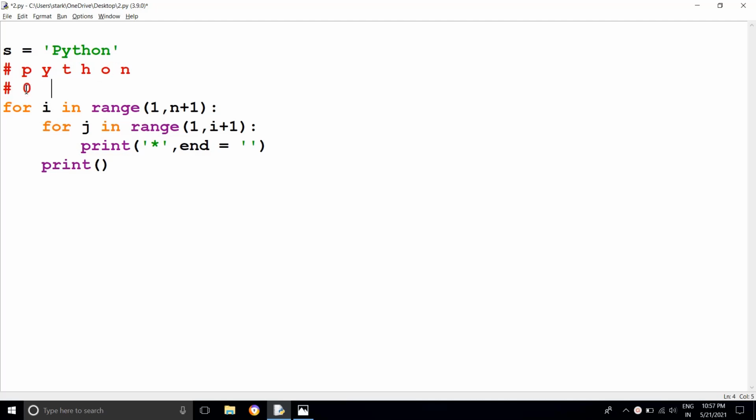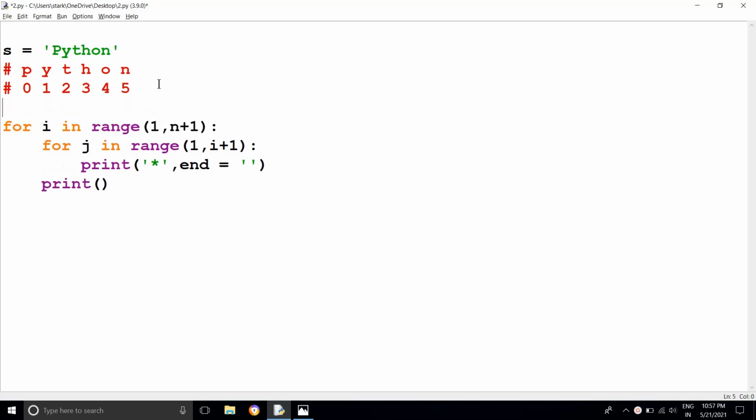So this is index 0, then 1 we are having y, then 2 we are having t, then 3 we are having h, 4, 5. And what is the length of the string? Here the length is nothing but 1 2 3 4 5 6. So the length of the string is nothing but 6.